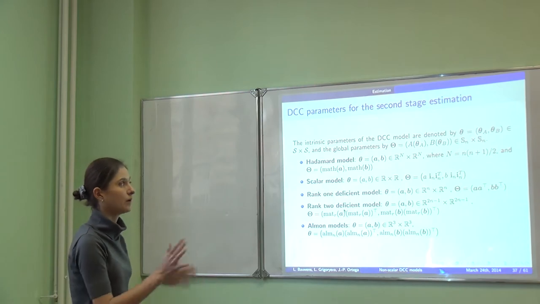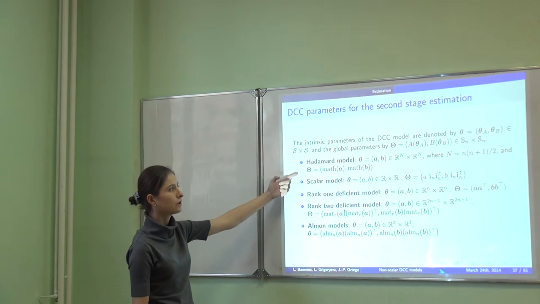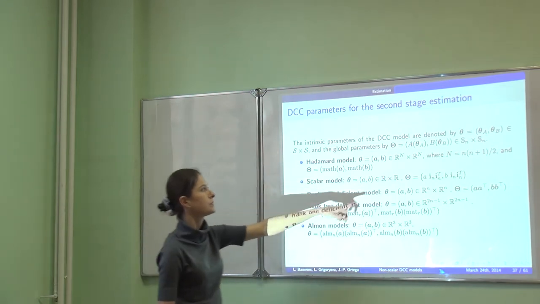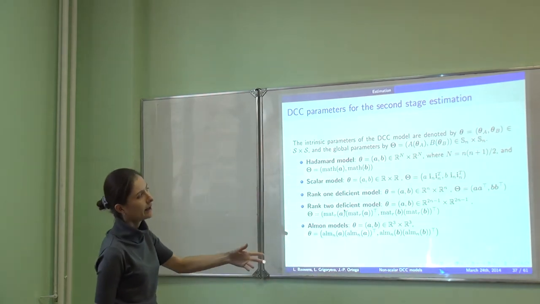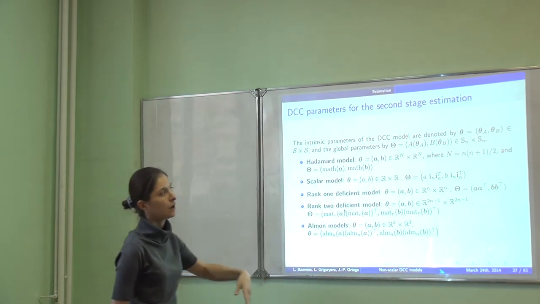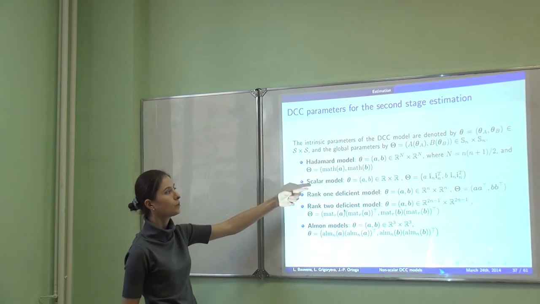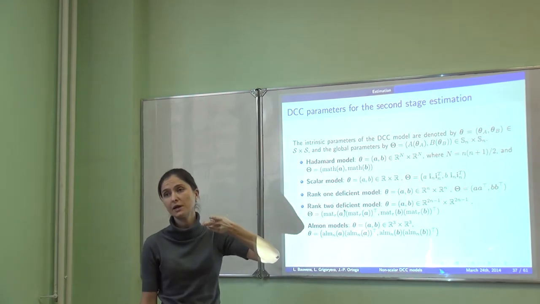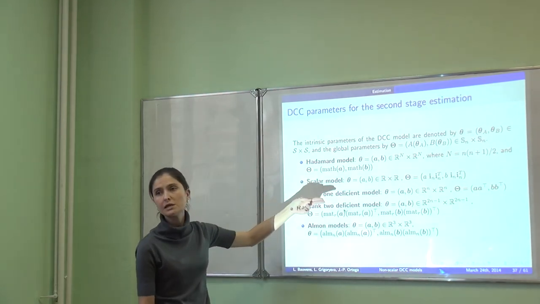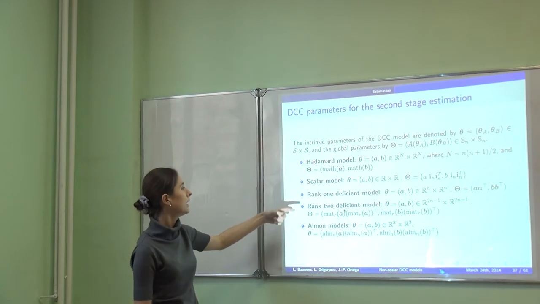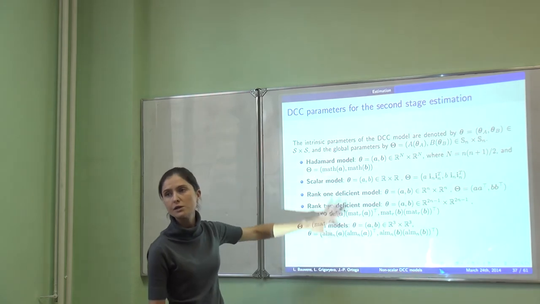So now, I give you some conclusion about the models that we use in our paper. So it's going to be the Adamort model, as I gave you before. So as you see here, we work with this dimension big N, which is taking the number of the assets big enough. It's obvious that we have many parameters to estimate. The scalar one, where we have just two parameters to estimate, right? Two scalar values, and that's all. And this we're going to use as a benchmark for all other models. And now we have rank 1, rank 2 and Ullmann models. So you have the whole zoo of different models.